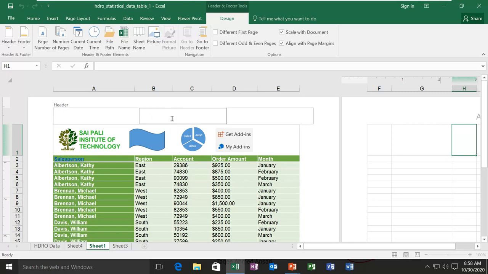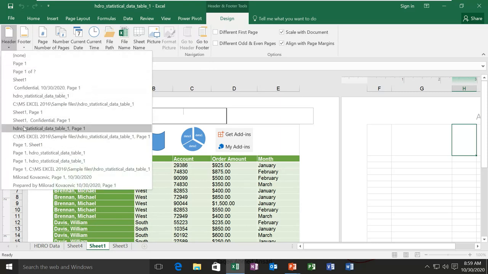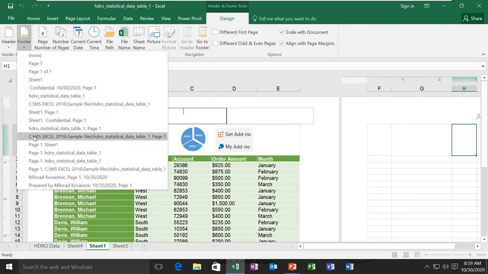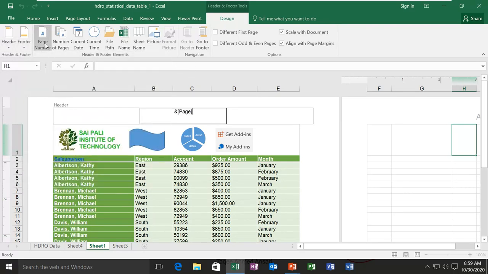And when you click on header or footer, you will see this design tab for your header, where you can design some header, you can add some information here, you can add into footer. Then you can add page numbers. I'm adding here the page number. Then you can add some other things, like here I will add date. I'm adding the date here. You can see the date. I can add the file name here. So now the file name is there.